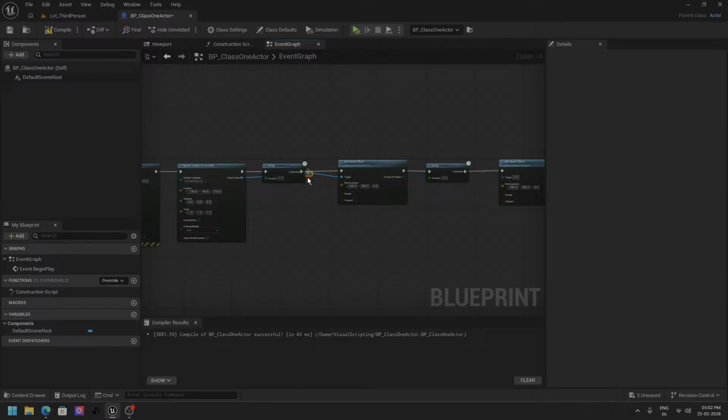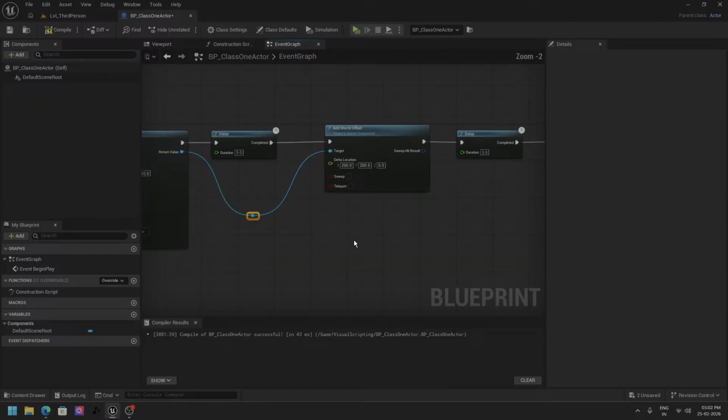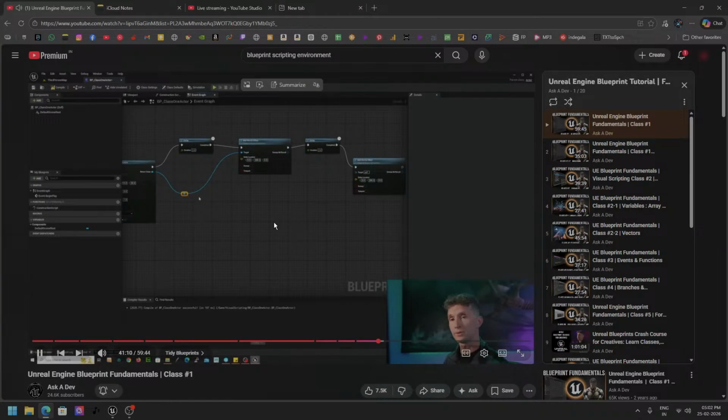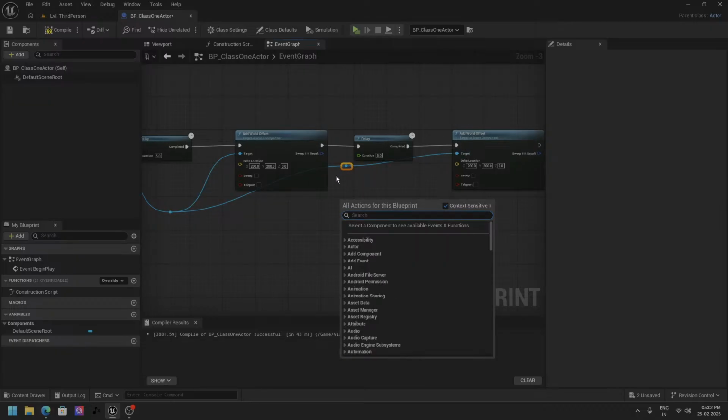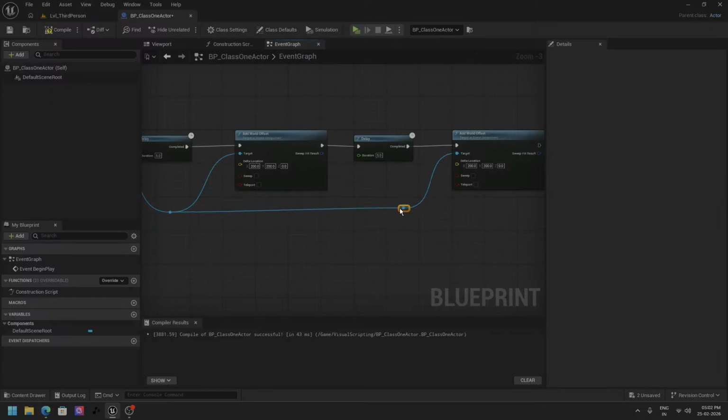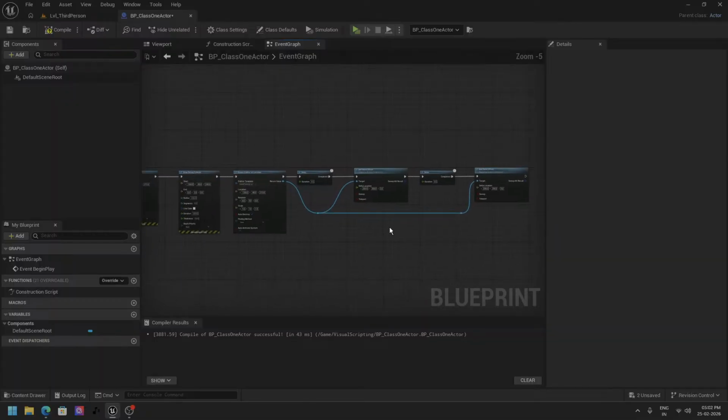When I do that, it creates what's called a reroute node. And what this does is this allows me to kind of shape the way these lines work. And I can reroute blue lines, I can reroute all the lines effectively. And so now you'll notice that it's a lot easier for me to make this